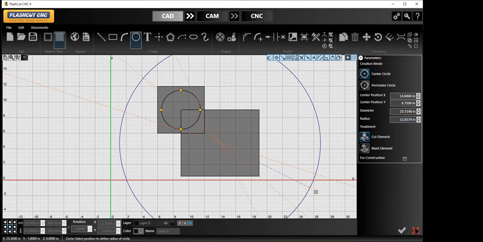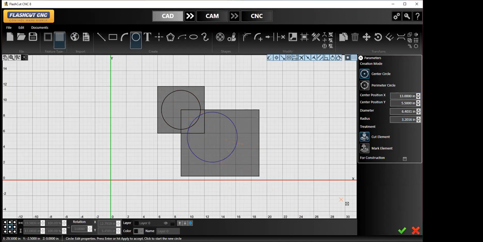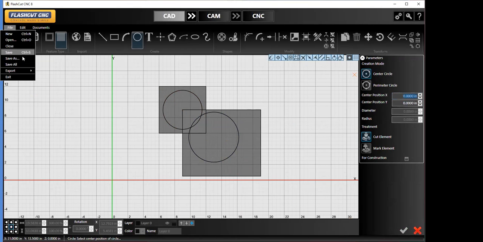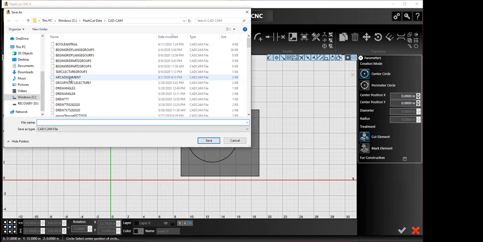Actually, the circle a little closer. We have some different variants of what we can do here. I'm actually going to save this drawing as Boolean trial